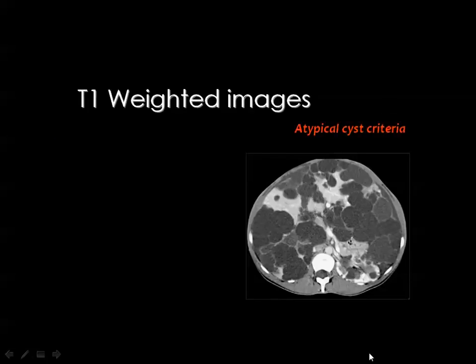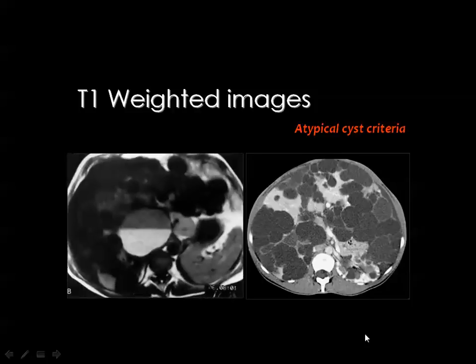Also, if you look at the CT images of a polycystic disease of the liver, you are seeing here multiple cystic lesions affecting both hepatic lobes as well as the kidney. Then one of the values of MRI is to detect hemorrhage inside the cystic lesions. CT is not able to detect hemorrhage, especially if it is old, but MRI can detect hemorrhage like this. You see this blood with fluid level in one of the big cysts. The value of this is to